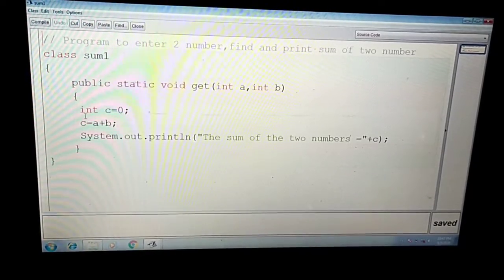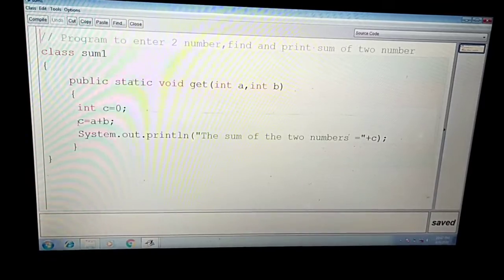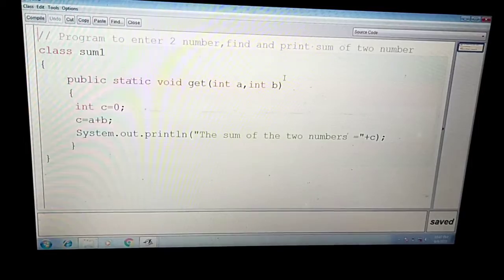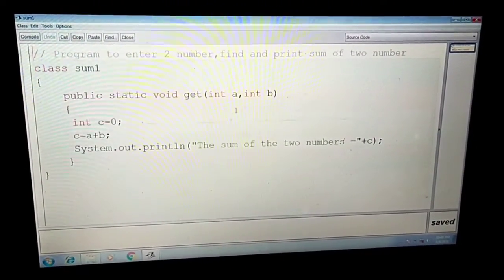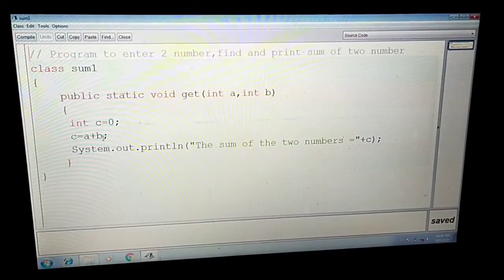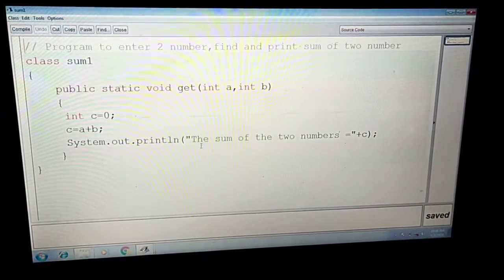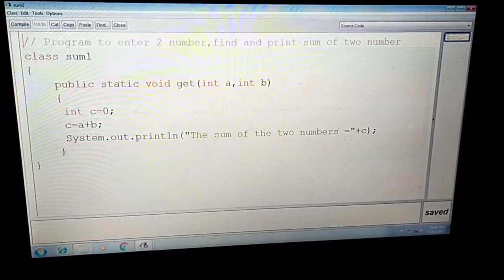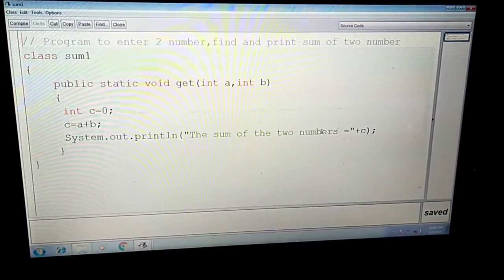So int c equal to 0 and then c is equal to a plus b. a and b are two numbers which you are going to enter when your program runs, and then you find c is equal to a plus b, that means the sum of these two numbers in c, and System.out.println the sum of two numbers is c. That means at last whatever sum you have got in c, you are going to print on the screen.